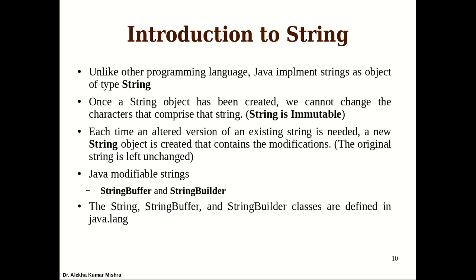Now sometimes we need to change it, then we actually create a new object and store the altered version by making the modification. In this process the original string remains unchanged. Always the original string has various operations applied to extract various parts and construct the new string, rather than modifying the original string itself. That concept makes the Java string immutable.